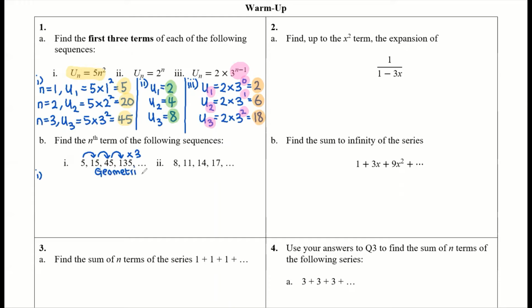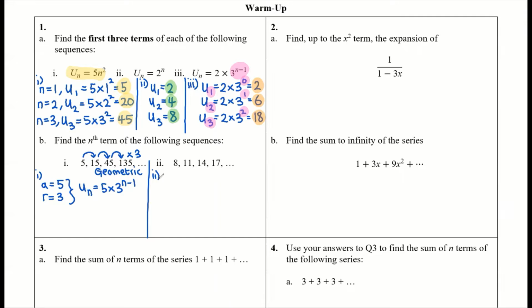All right, so now we can write down some of the key properties. So we know what the first term is, that is 5, and we know the common ratio is going to be 3. So let's put those two ideas together. So the nth term rule is going to be 5 multiplied by 3 to the power n subtract 1, just using the formula that's provided. Okay, and then for part 2,